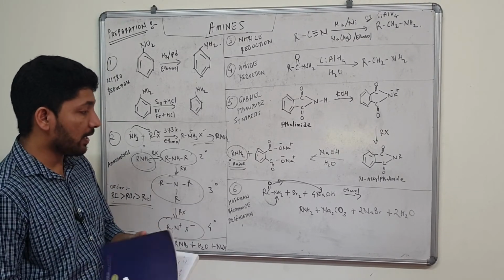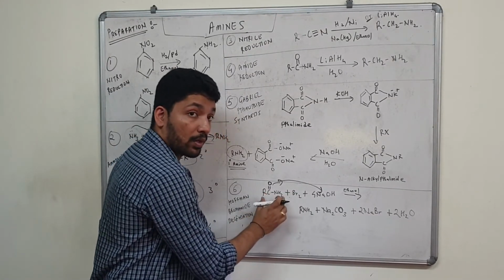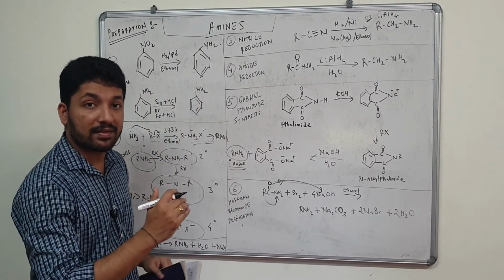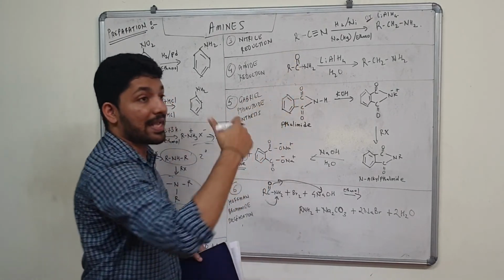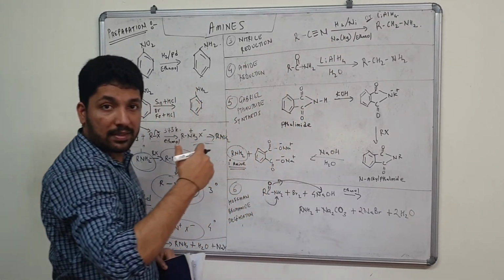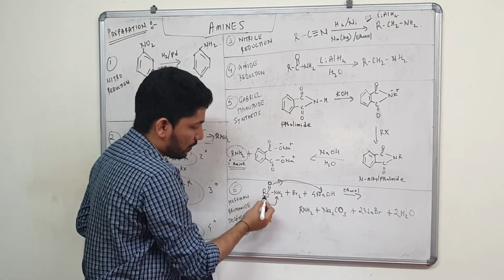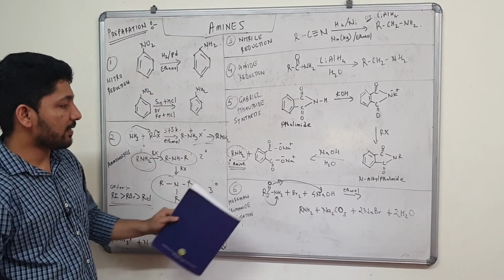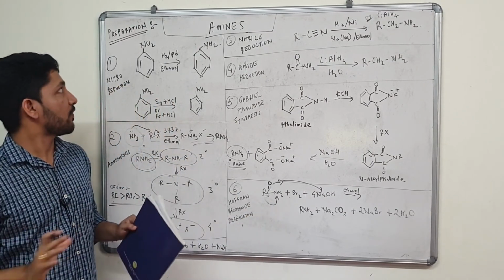And the main thing you note over here is the amide has one carbon more than the resulting amine obtained. So this is not ascent, this is descent. These two reactions were ascent, right? These two reactions were ascending. Whatever alkyl group you take, you get one carbon more than the starting alkyl group. But here, since there is the R and one more carbon, you get less. Did you understand? So here ascent does not happen. Okay, so that's done with preparation of amines.